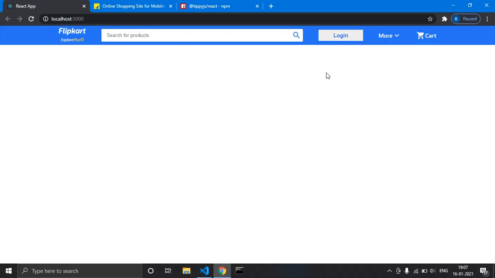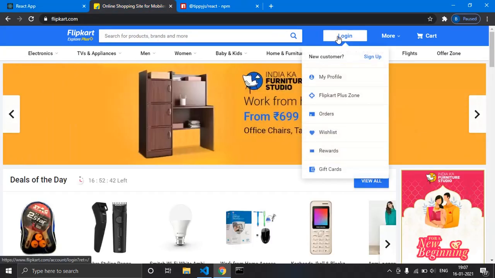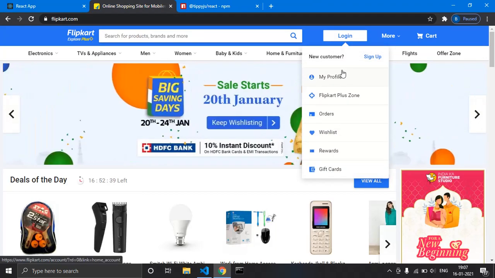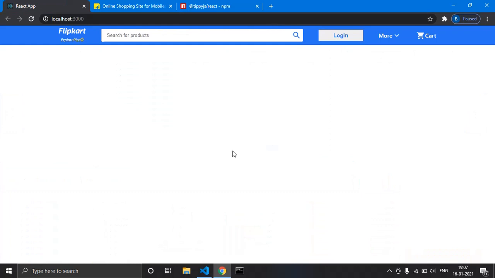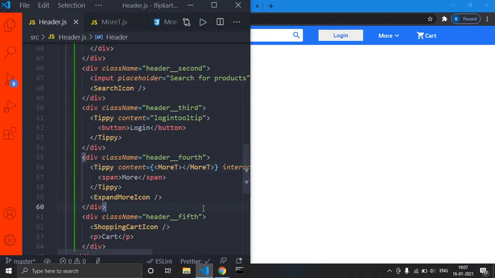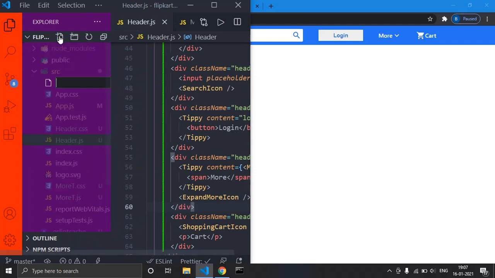Now in the same way, let us also make this login component. Okay, with these many props, let us do another login component. So I will again create another component, and I'll name it login t.